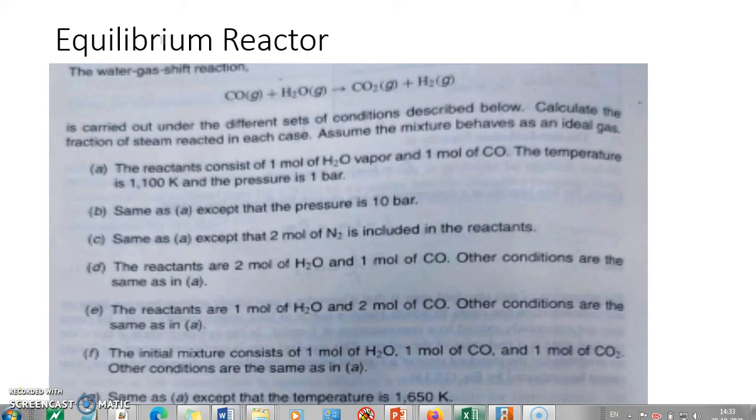Welcome back. Today we are going to see the equilibrium reactor and its simulation in ChemCAD. The problem statement I have taken is from the Smith and Van Ness textbook, where a water gas shift reaction is taking place between carbon monoxide and water, that is steam, and it is converting to carbon dioxide and hydrogen. Now there are various options given to solve the problem, right? And the values of K are to be calculated from the delta G and delta H values. So let us try and work it out in ChemCAD.